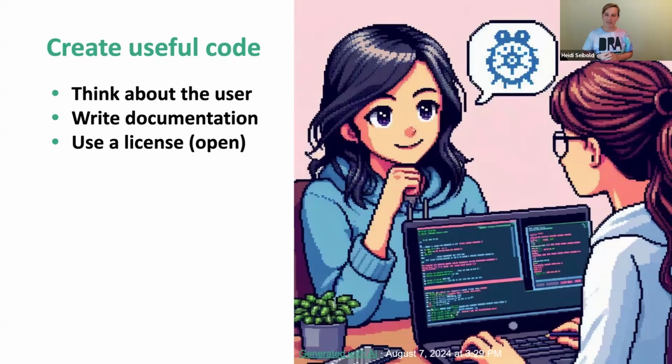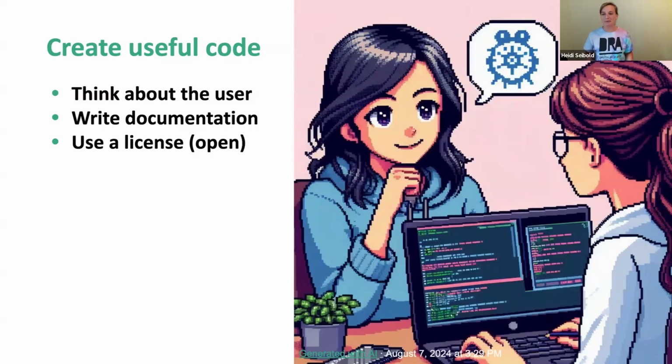So there's a nice license picker. If you go to choosealicense.com, it really guides you through the process of choosing a license for code. That can be really helpful, so that others actually know: can I reuse this code? Can I reuse this code only if I also use an open license? So there are just different